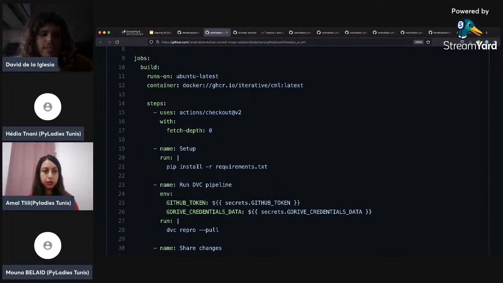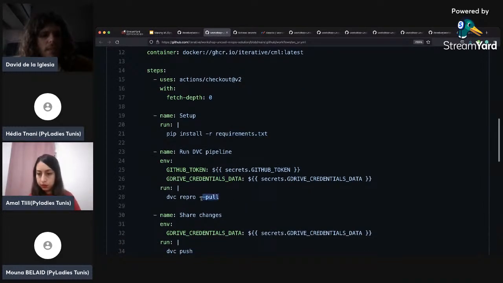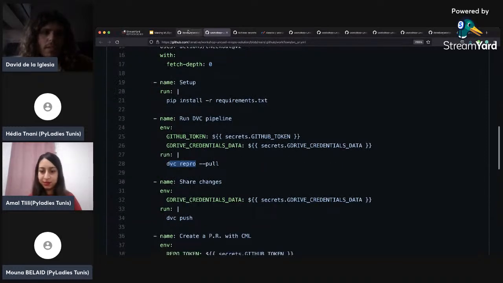But by implementing this GitHub workflow, anyone with access to the GitHub repository can trigger this workflow in order to run the full pipeline. So we obviously need to first install all requirements needed to train this, and we run this dvc pull command that is going to try to fetch any data from the DVC remote required in order to run the pipeline. If it doesn't find any data on the remote, then it's going to just run the pipeline like it was the first time. So this dvc repro would be the same that